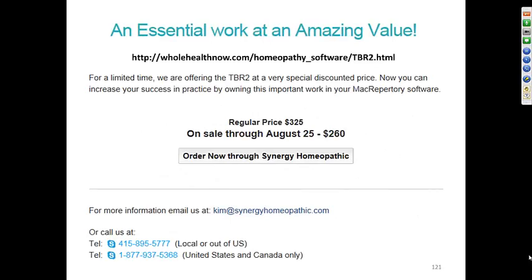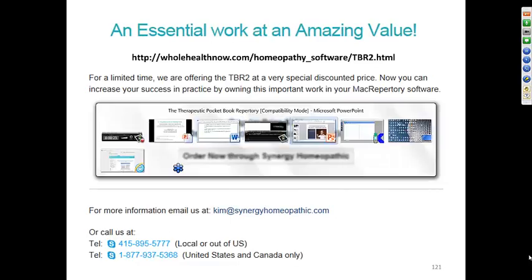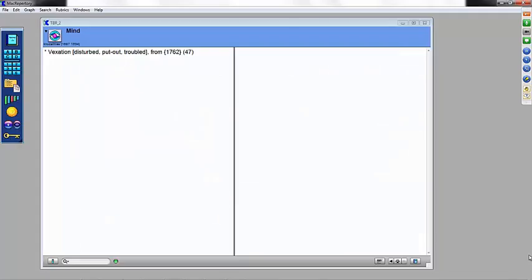Okay, so I want to just go to the repertory itself, and I want to show you how this has been integrated into the repertory. I just want to show you that here I am at a rubric in the modalities chapter under mind. So these are mind modalities, and here you can see the symptom vexation. And with a simple click, by showing the cross references, if I go over here to where it says rubrics,